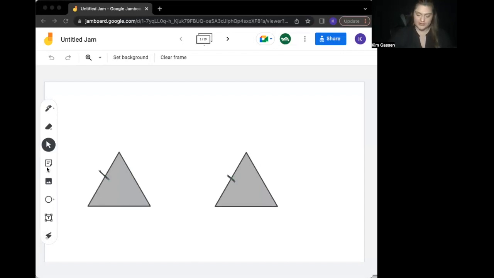And if I want to say this side is equal to this side, I'm going to put 2 small dashes